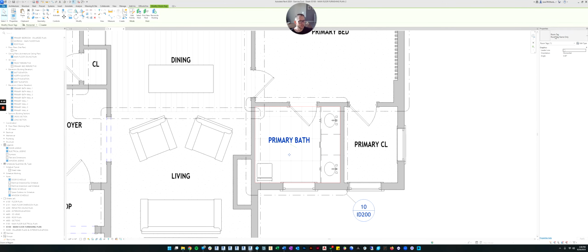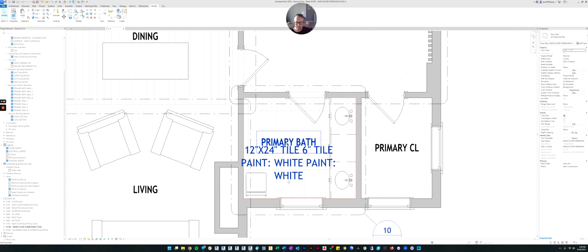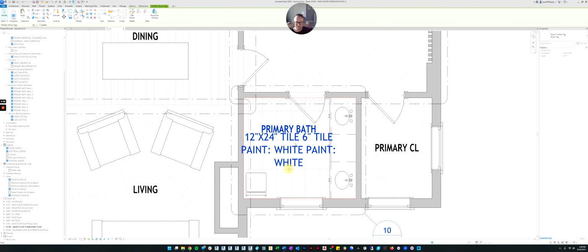And let's change the tag type. So here's our original room tag, but now we have our new tag. So let's click on room tag. And now you can see this is what we've done. There's the name, and then here's all of the finishes that we put inside that room.